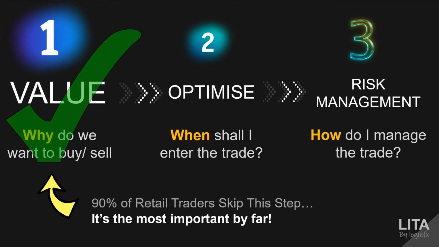As you can see, a little recipe over here. It comes always after calculating value. You can't skip that step. You can't skip the value step. You'll get into a whole load of trouble if you do that, because a lot of traders think that they can skip that step. And what ends up happening is they lose a lot of money quickly and don't understand why. Let me tell you this. I've seen traders try to do this time and time again. Never ends well. So make sure you only optimize once you have the value done and checked off the list,